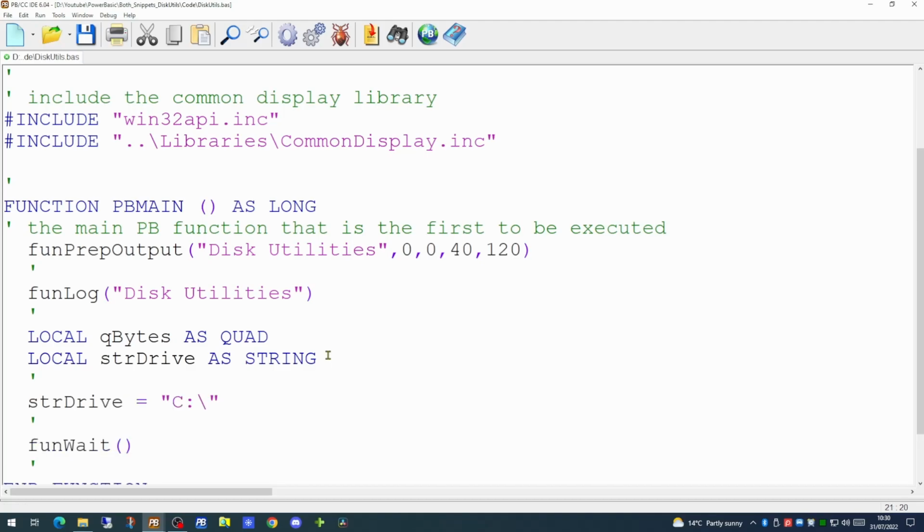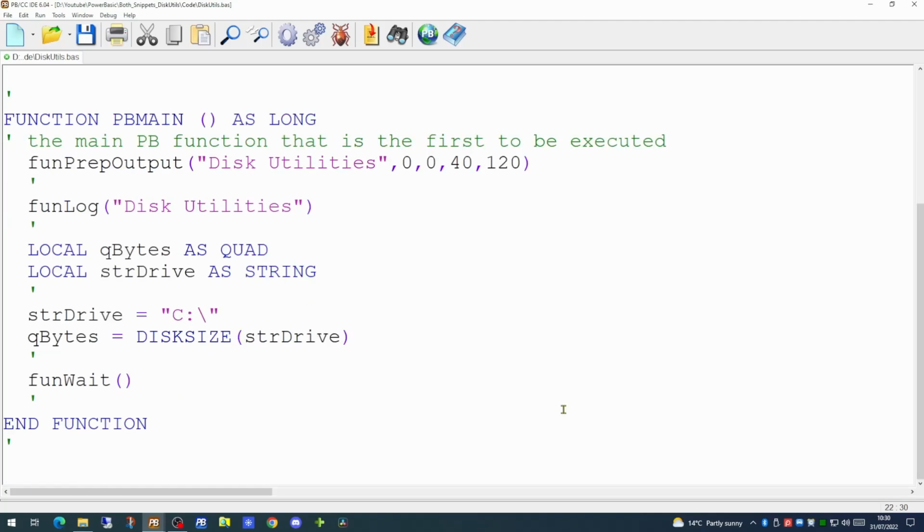So first we will define our C drive. This is a drive we want to test to see how big the drive is. To do this, we're going to use the inbuilt command DiskSize. This will return in bytes the size of our selected drive. Because it's returning in bytes, we may want to actually adjust this to bring it either into kilobytes, megabytes or gigabytes. We can convert this by just dividing the value that comes back by a number.